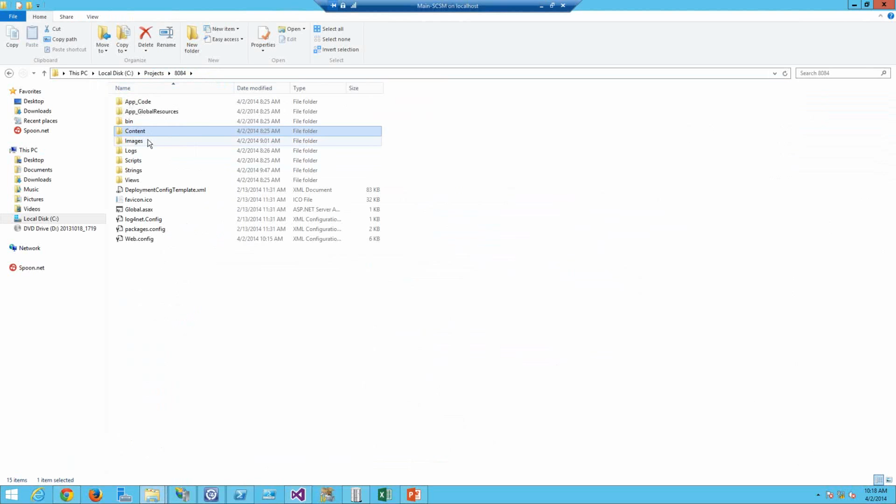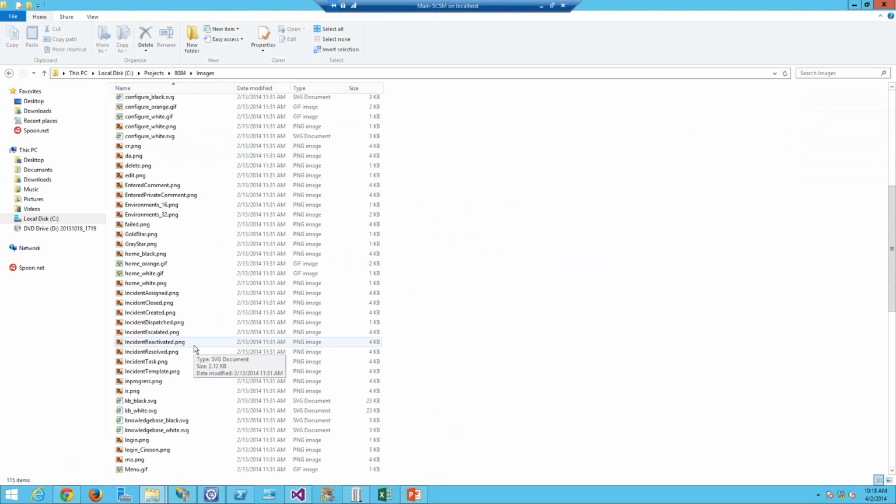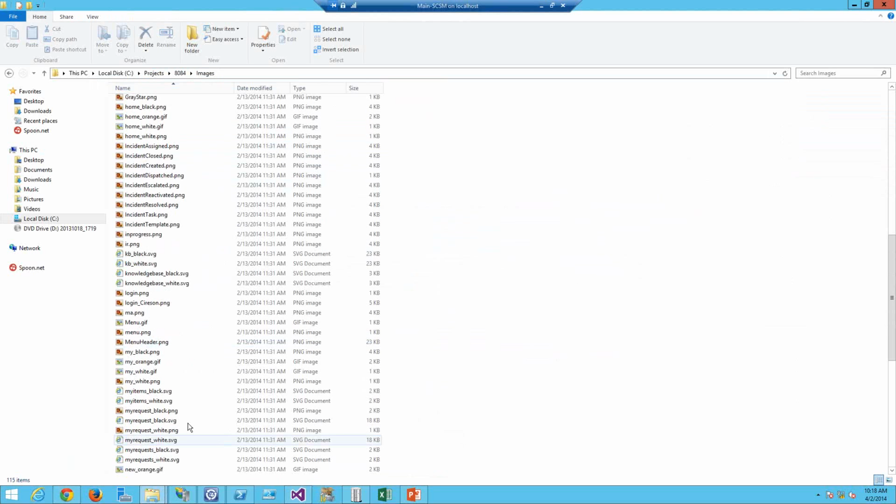But you would go into the images folder, and out of the box we ship a 1-pixel transparent login logo. And so that's just kind of there as a placeholder, and so what you can do is just rename some file that you have that has a logo in it as login.png, and then